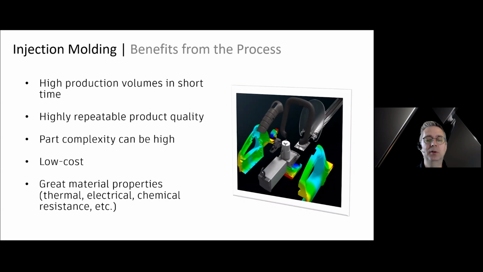The other thing that's really great about the plastics industry is the great number of different material properties that are available. When we produce parts, we're really honing in on the exact properties we need out of the specific material we're going to choose. That way we can almost custom make the material properties for each and every part that we're going to produce.